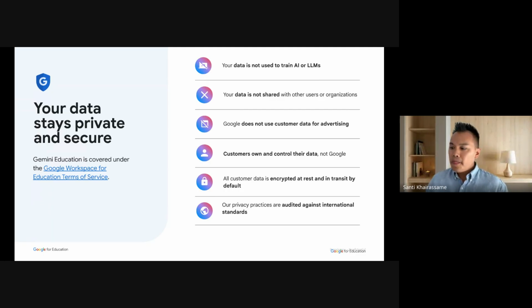If you're using something like the free version of ChatGPT, whatever you put in your chats, that company, OpenAI, is saving your chats. So if you're uploading documents or putting in text that has student information, your information, that information is being saved by the company. Okay, and that can be said for most of these tech companies.